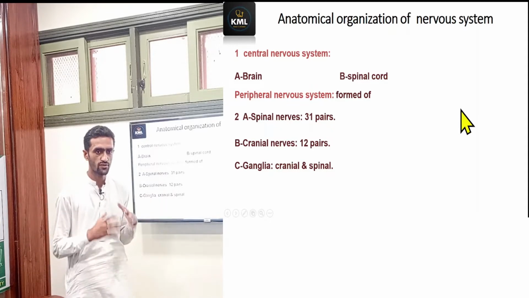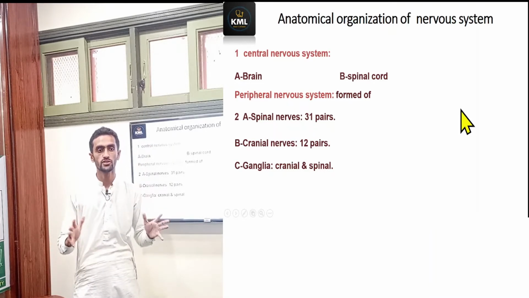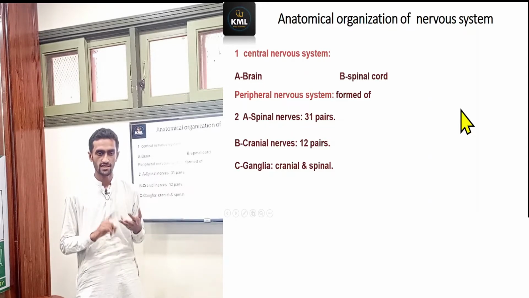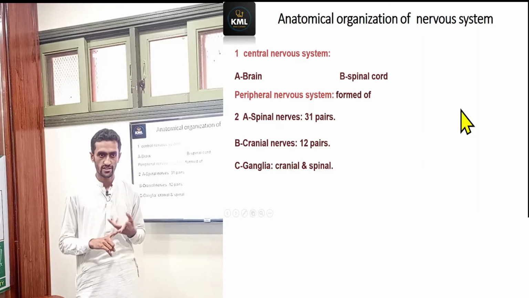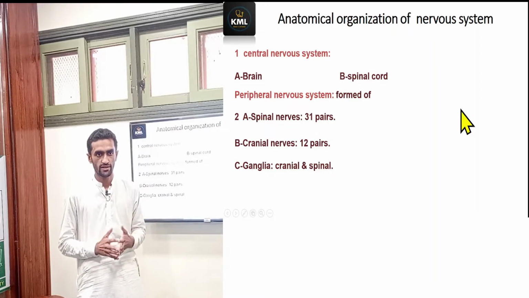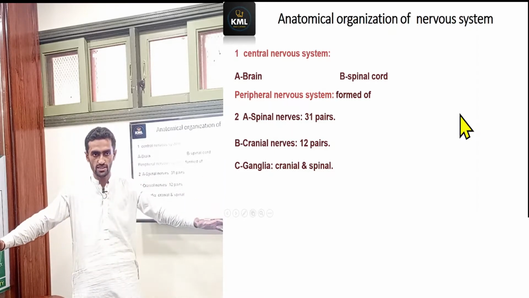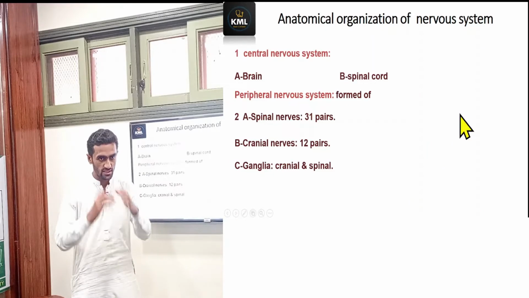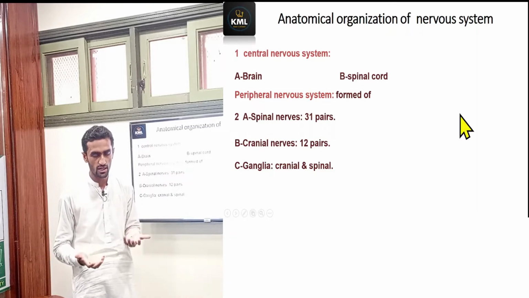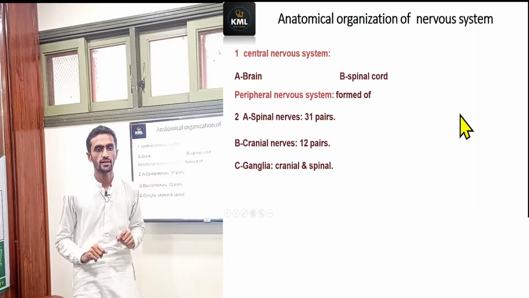Why do we call it neuroanatomy? Because it is related to the neuron. So, the neuron study. A neuron has three parts. What are those? Cell body, axon, dendrite. The collection of cell bodies is called ganglia. If this collection of cell bodies is in the peripheral nervous system, the term ganglia is used. If the same collection of cell bodies is in your central nervous system, either in the brain or in the spinal cord, we call it a nucleus. All right. Nucleus and ganglia. So